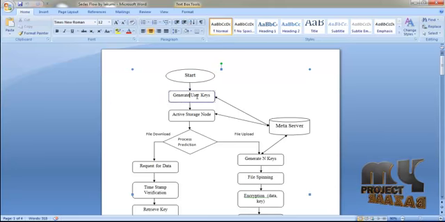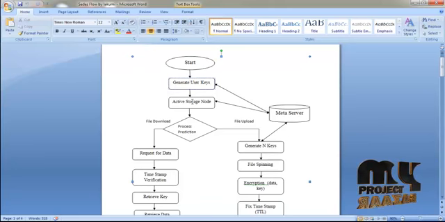The user has to register their details in the meta server. The meta server provides the keys to the user. These keys are used for encryption and decryption. The active storage node is also present. It is used to monitor the data present in the storage node, and the user has two choices, that is